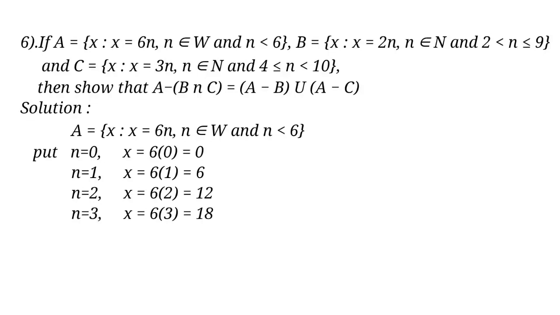Then De Morgan's laws for set difference: A minus (B union C) is equal to (A minus B) intersection (A minus C). Second one: A minus (B intersection C) is equal to (A minus B) union (A minus C). Then De Morgan's complementation law: (A union B)' is equal to A' intersection B'. Then (A intersection B)' is equal to A' union B'.